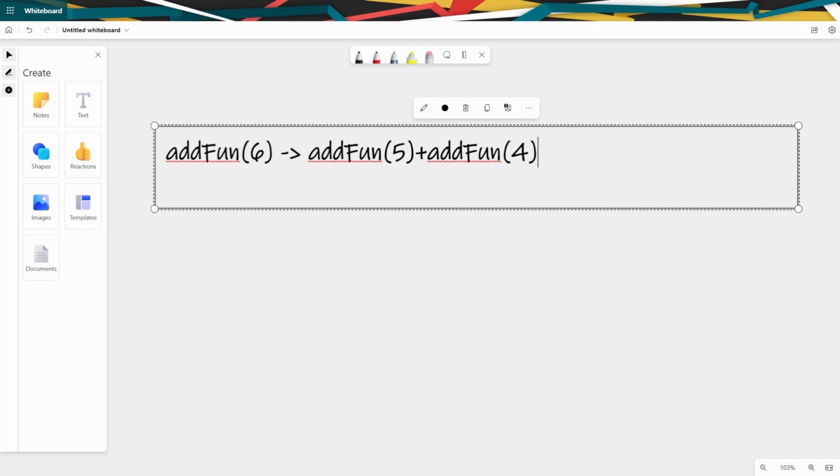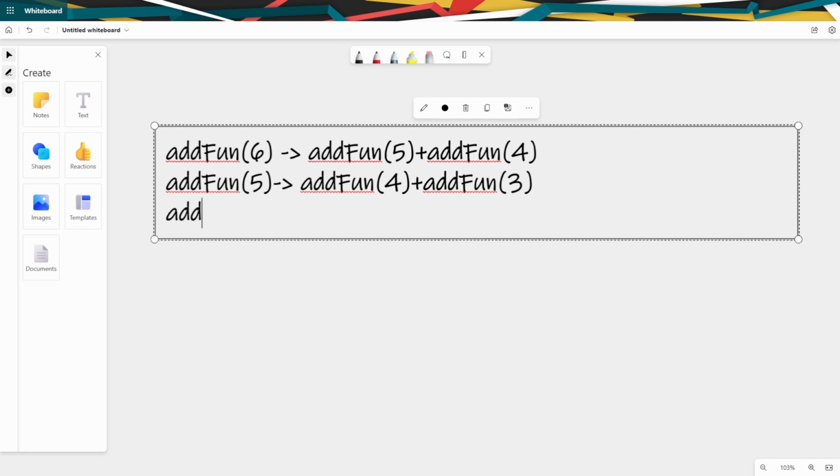Now let's take that addFun 5. The addFun 5 is basically addFun 4 plus addFun 3. According to the rules, the addFun 4 is basically equal to addFun 3 plus